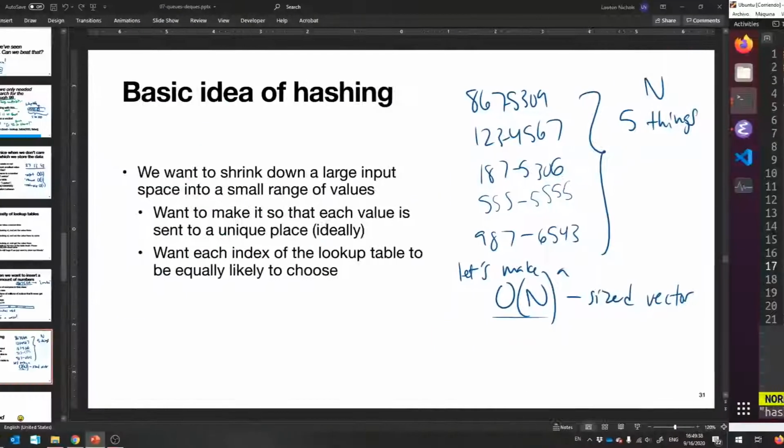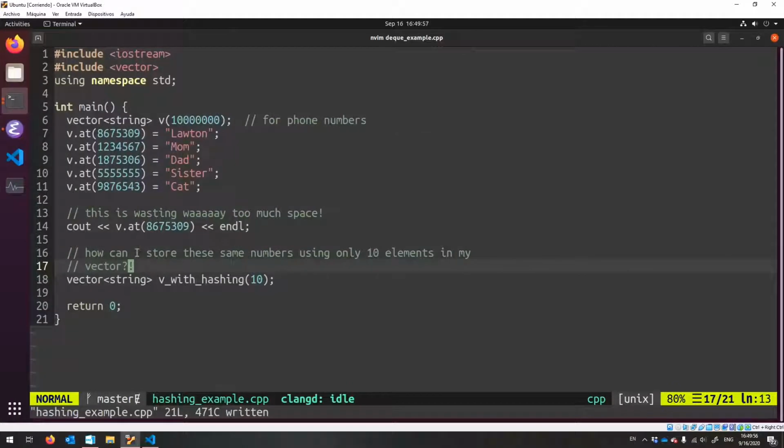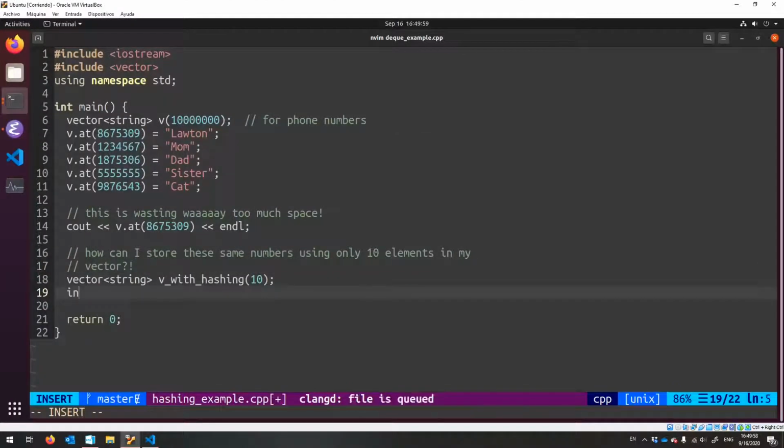And here's the key. Here's one way to do it. I can shrink this number into 9. I can shrink this number into 7. I'm just taking the last one. I can shrink this number into 6. I can shrink this number into 5. I can shrink this number into 3. And what do you know? I can insert